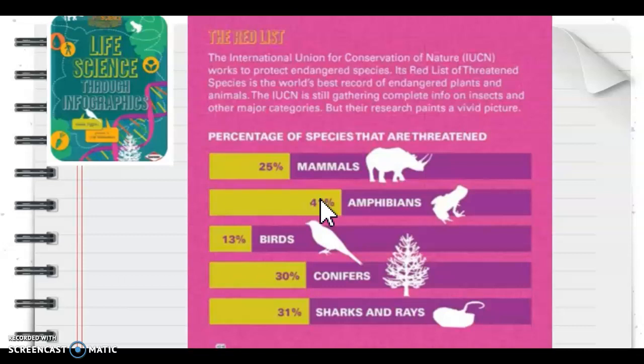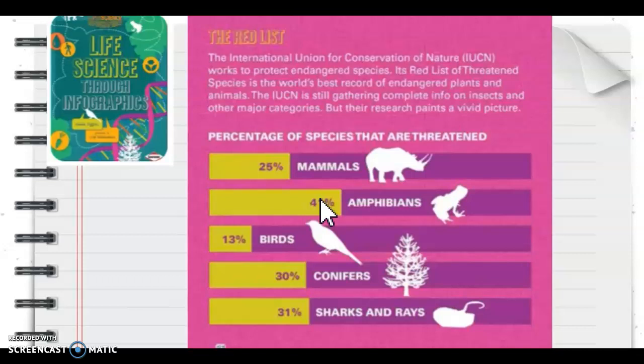It's not telling me what the research is going to paint a picture of, but I have to infer that from this graph. Then it says percentage of species that are threatened. All right, so when I'm looking at this data, I understand that I have 5 categories: mammals, amphibians, birds, conifers, which you can see there's the graphic of the tree, and then sharks and rays. I thought it was interesting that the author decided to put animals and one type of tree on this graph. I thought that that would be separate,